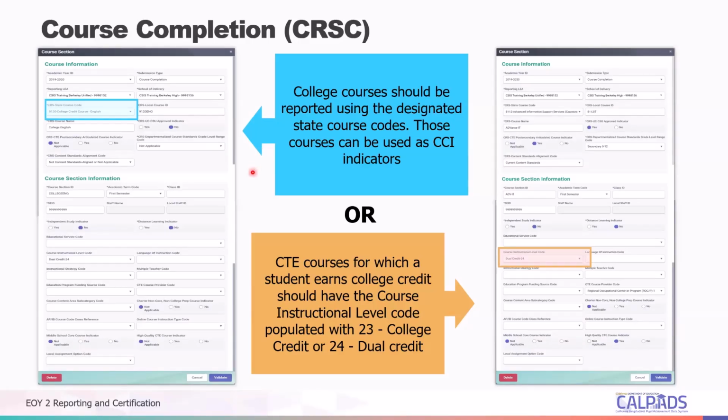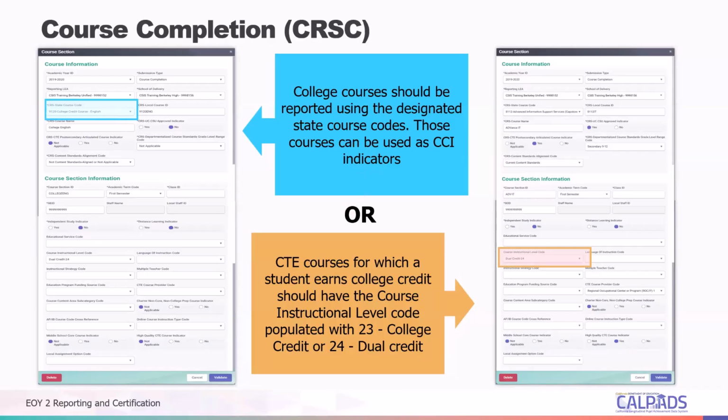LEAs should indicate in the course section record that courses are college level by using the appropriate college course code. So as I mentioned earlier, you can identify a course as a college course by picking a subset of courses that are essentially specific to college credit courses.